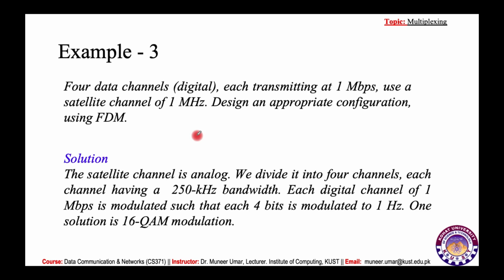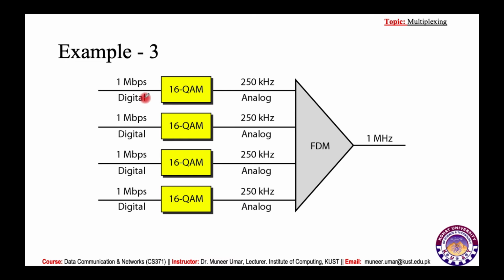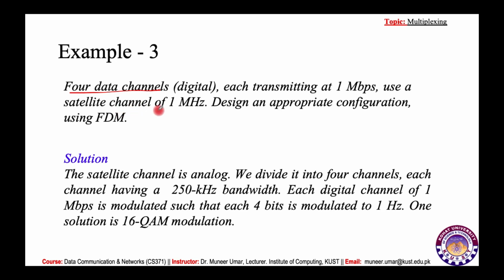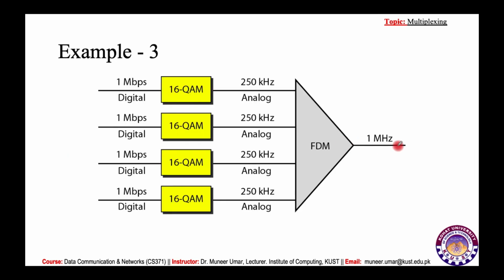Example number 3, 4 digital data channels, each transmitting at 1 megabit per second, use a satellite channel of 1 megahertz. Design an appropriate configuration using FDM. Now here we have 4 data channels, each having 1 Mbps, megabits per second, and the satellite channel is of 1 megahertz. So we need to combine all these